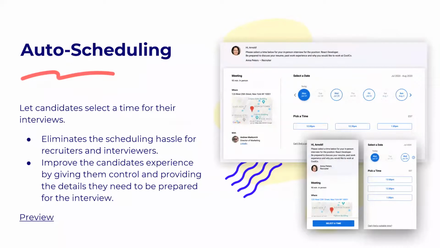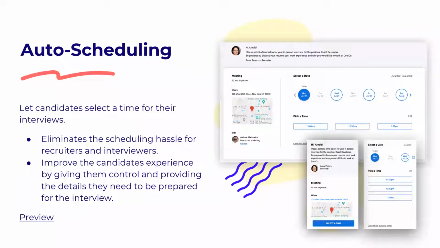The candidate will receive a link that can be opened up on mobile or on a browser. They'll be able to open it up when relevant, when convenient for them. They don't need to pick up the phone in the middle of a workday when they're in meetings. They have an email that they can open up when they want to. And at that point, they can click and see the different options that are available in the schedule of that